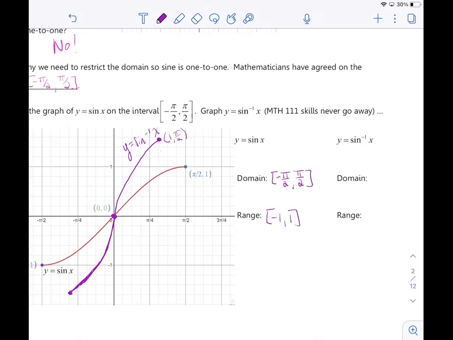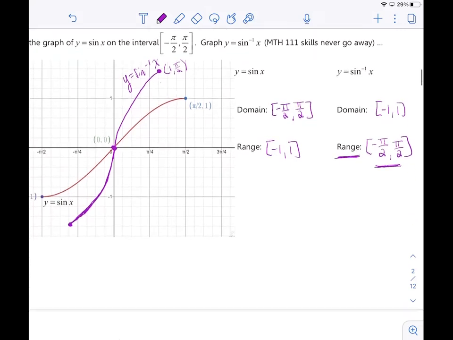All right, well, remember the whole idea is you swap your domain and range. So my inverse graph, though, I have a visual here, which is nice. My domain would be -1 to 1. And my range would be negative pi over 2 to pi over 2. Now remind yourself that the whole reason these inverse functions exist for us is that they produce an angle. So it makes sense that my range, my output, would be angles. All right. Now, knowing this domain and range is really, really important when we get into actually evaluating certain